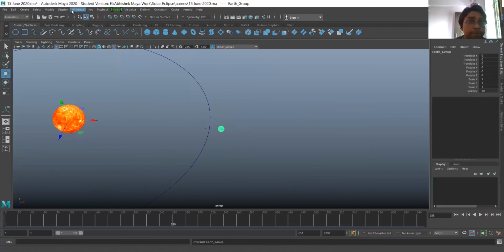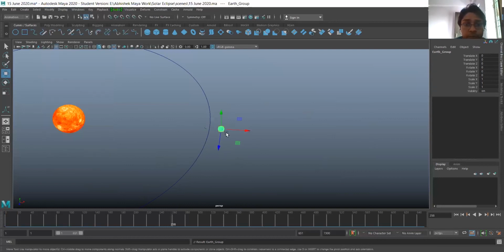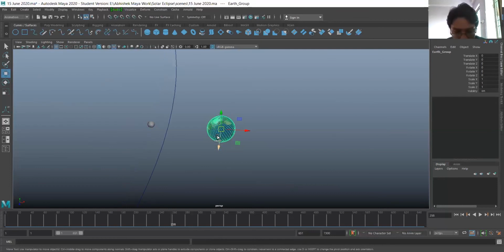Then go to modify and click on center pivot. So your group center is now at the center of the Earth. Now hold Shift and select your Earth's orbit. So you have two objects selected now, Earth group and your Earth's orbit.